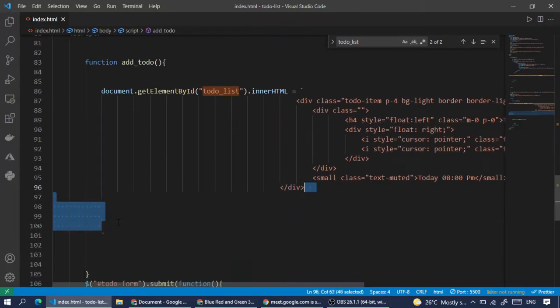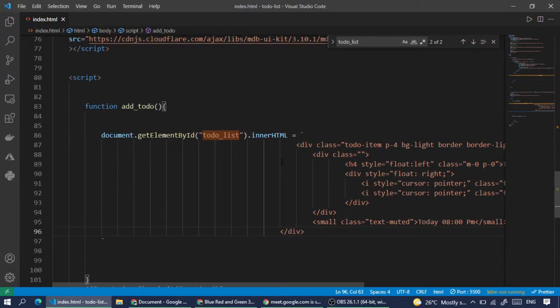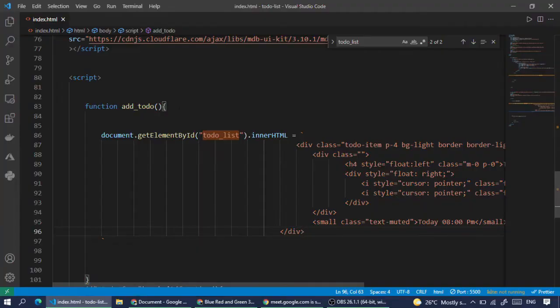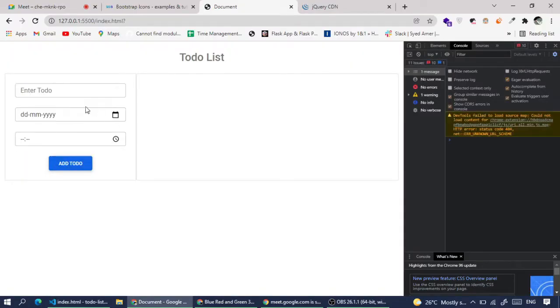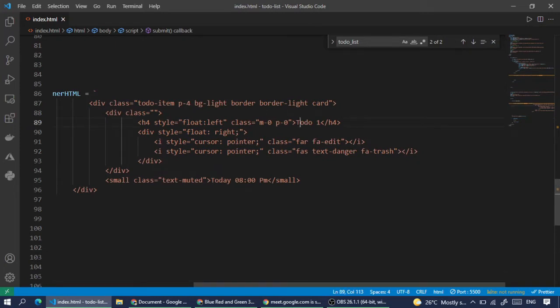I'll just show you. Here we have got the to-do, and I'll show you right now when I add something here. I have to call this addTodo when I submit the form. So addTodo is now getting called. Now let's try again. Here I'll say test, and we can see todo one has got added because we have that static text already written here. See, we have todo one written here.